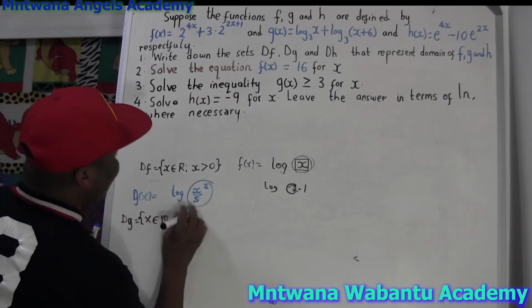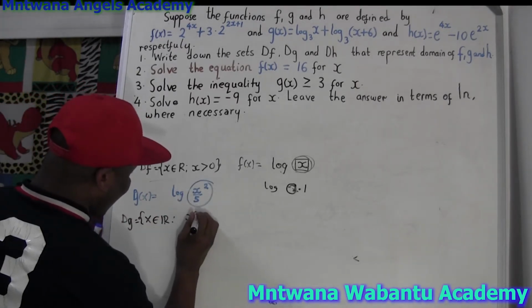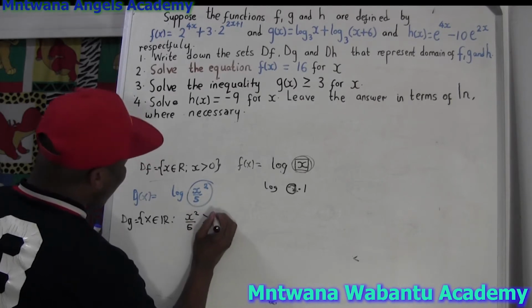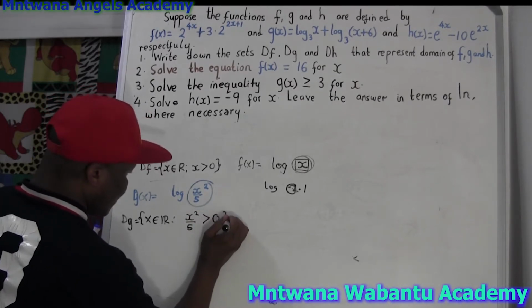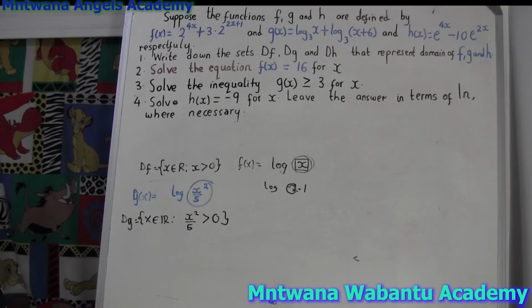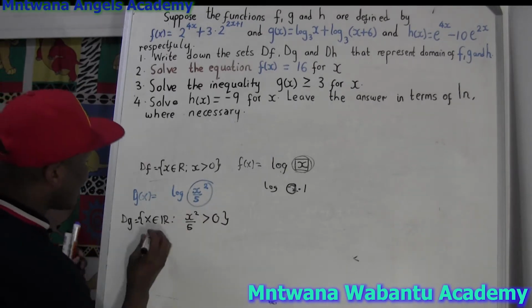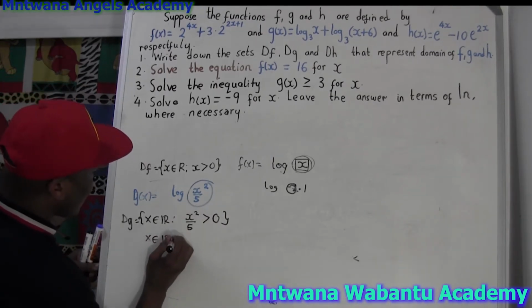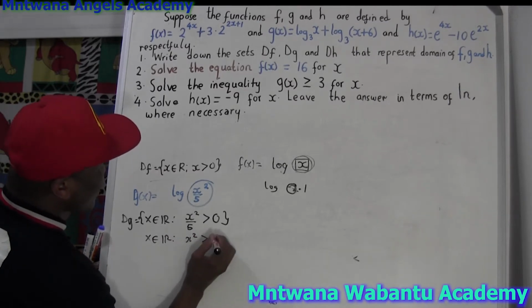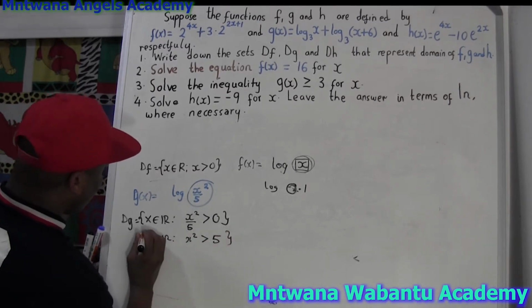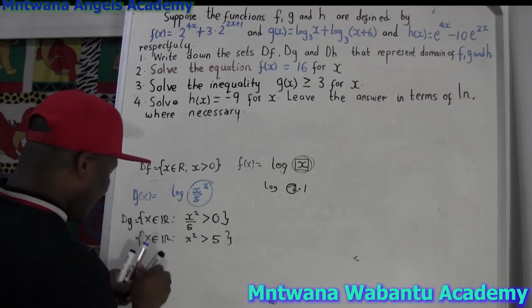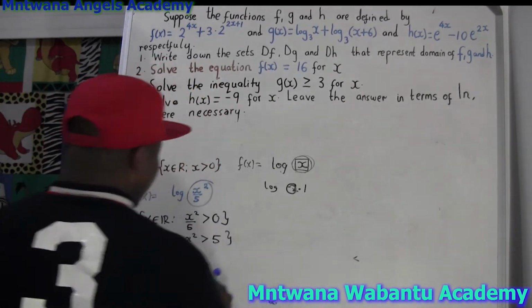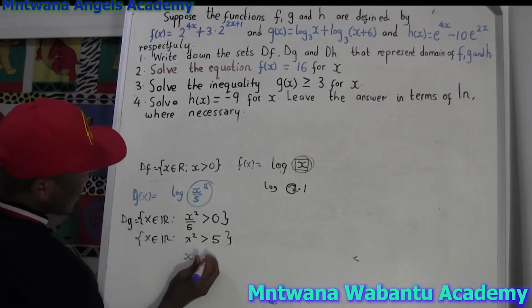In curly brackets, anything which is here, take everything. It must be greater than 0. And then from there you can multiply by 5. So x are elements of the real numbers, whereby x squared over 5 is greater than 0, so x squared is greater than 5. And then for this case here, you're going to say x